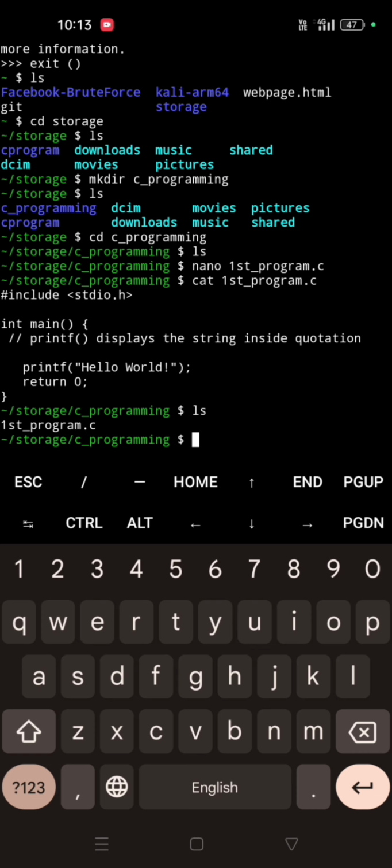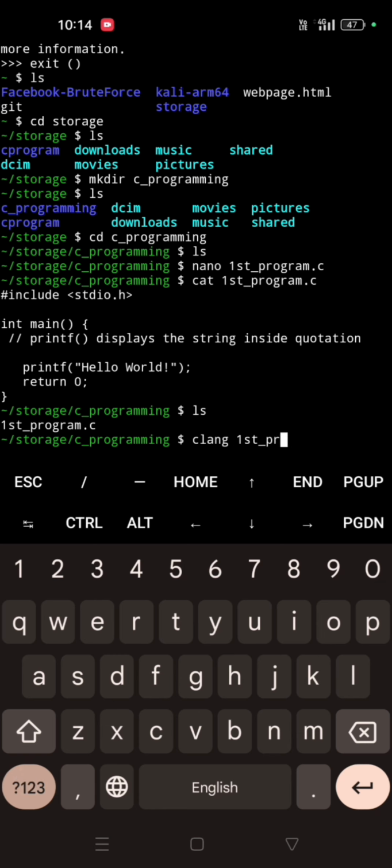Now, how can you compile? Before that, I installed the clang package. Without the package, you can't compile any C program. You can type your program, but you can't run it. It has to be compiled before running, and after that you can run your C code. So first_program.c, how can you compile this program? Using the clang command: clang, then type first_